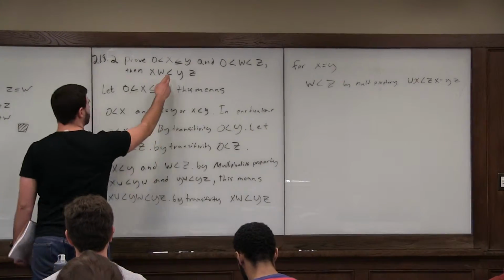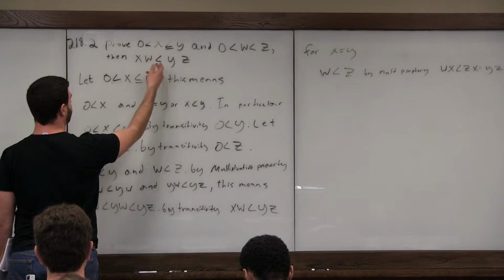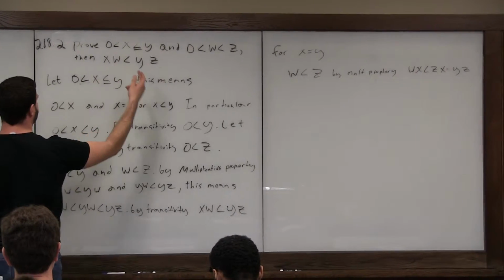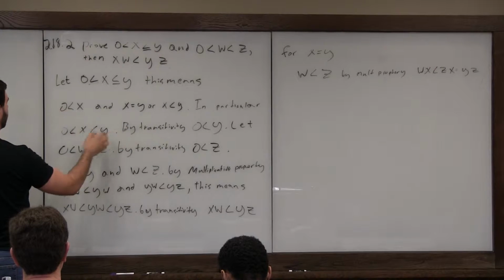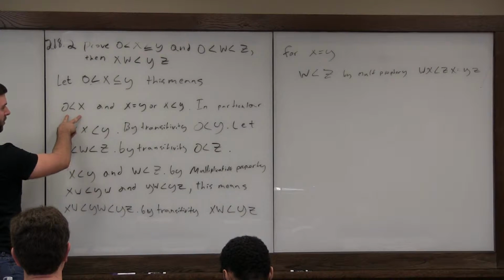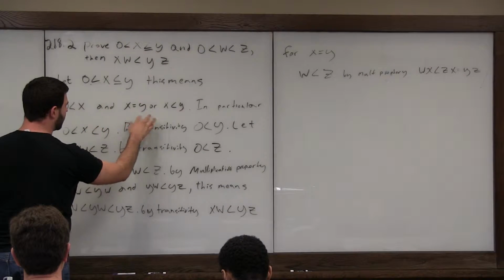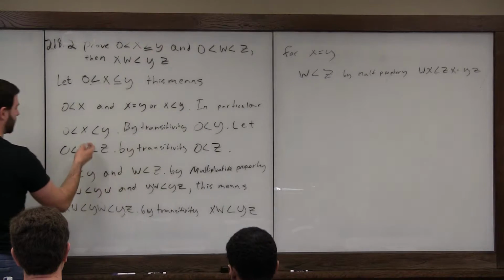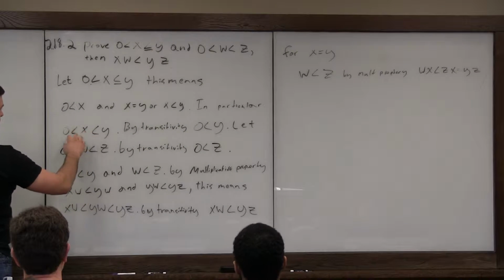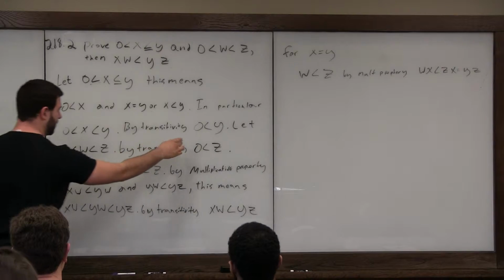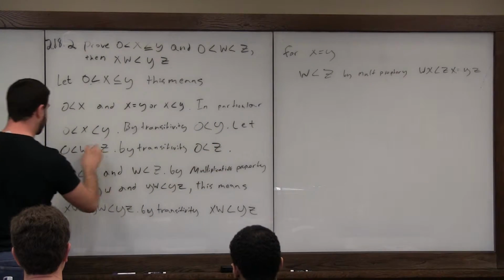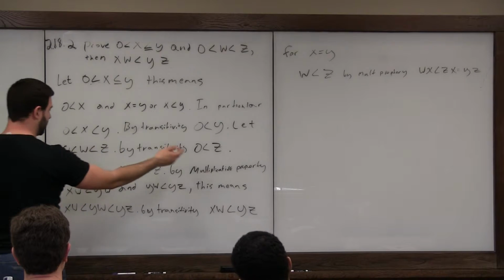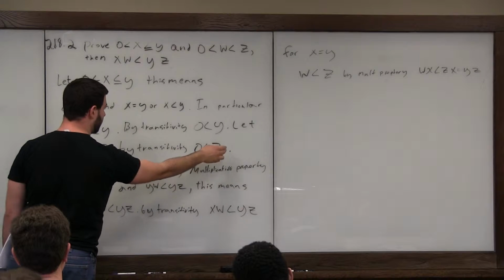Okay, number 2. We have these two inequalities that we're going to show justify this inequality. We're going to take the first one and break it down into its parts. We have x is greater than 0, so we can multiply it. Then we have these two cases, so in particular, we can use transitivity to show that y is greater than 0, so then we can use that for multiplication. And also then we have the second part, transitivity, we have z greater than 0, so we can